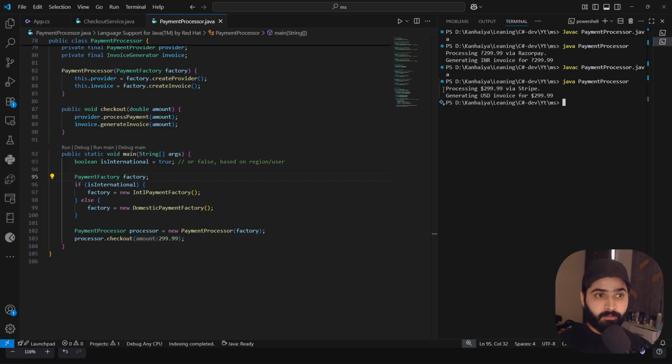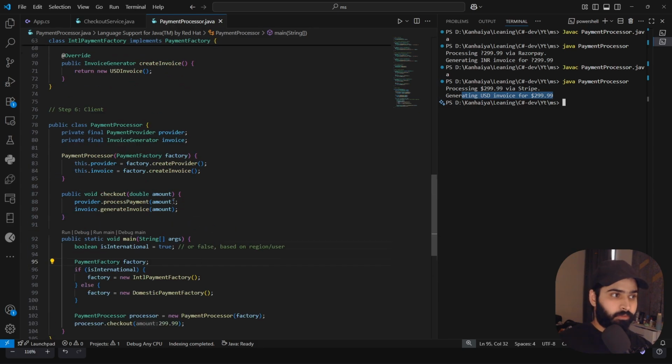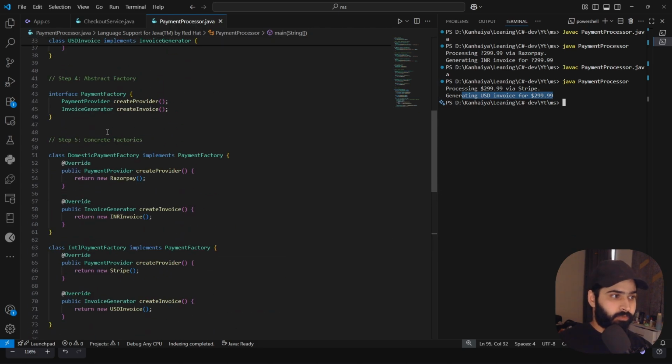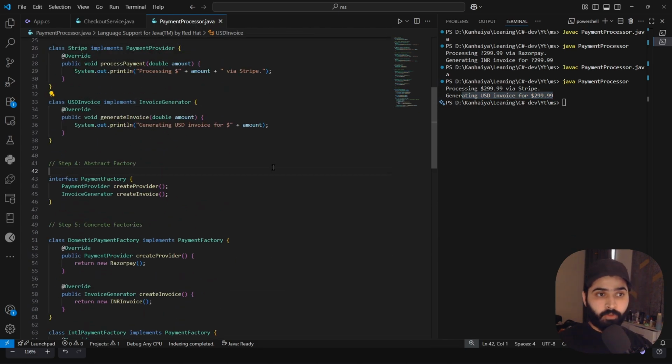As you can see, it is processing via Stripe, and for the invoice we are using the USD invoice generator. So this is your abstract factory, where we are creating families of related objects. These two are dependent: on the basis of one, we make the other choice. So this is your factory of factories.